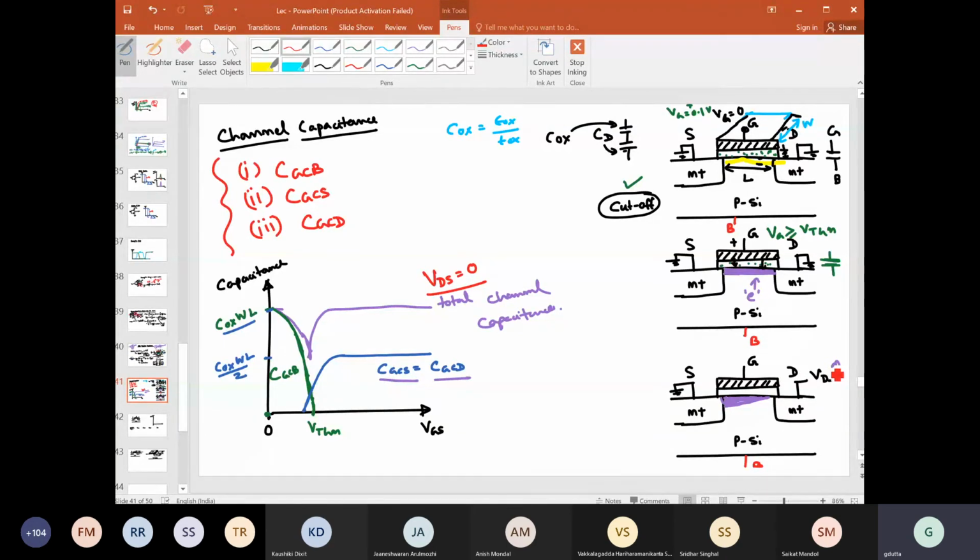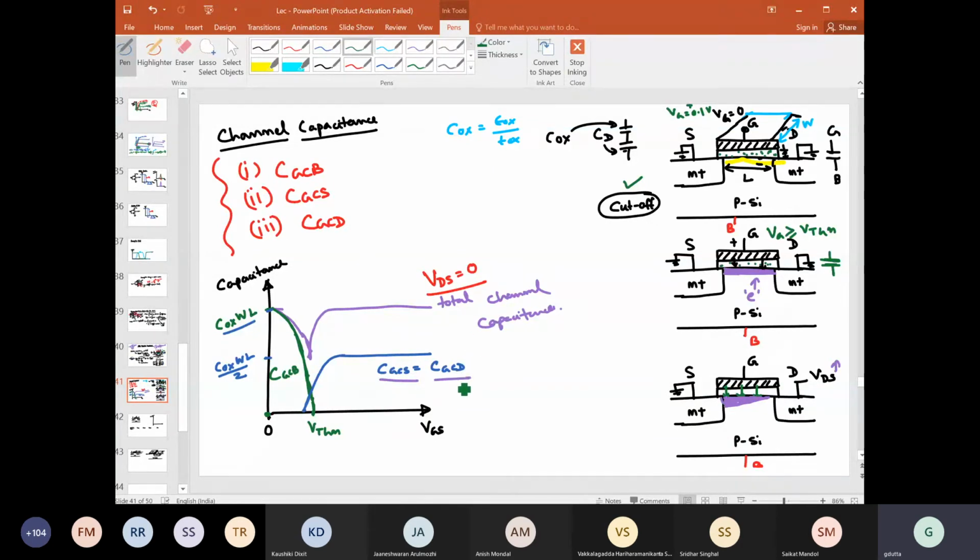First thing, let us quickly try to understand from here that the body is here, right? We have the terminal and the gate is here, but still the channel is present. So most of the electric field originating from this gate will be terminated here, so nothing will come below that. That way, we can easily say this CGCB value is not going to change. CGCB will be equal to 0 only, right?